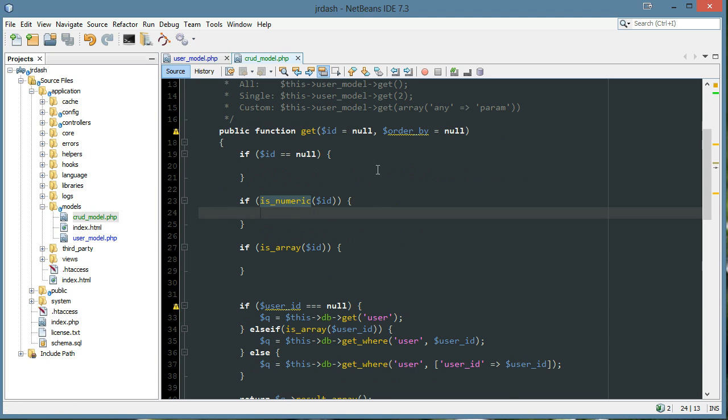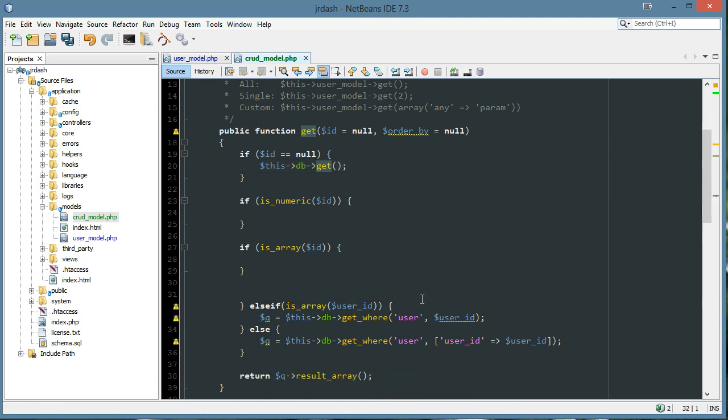So if the ID is null, we're just going to fetch it all. So I'll say this db get, and that's going to get everything. So it's not going to need a where statement. I'll just comment out some of these. If it's an array, this one I'll have to go through slowly with you, and we'll say this db where,